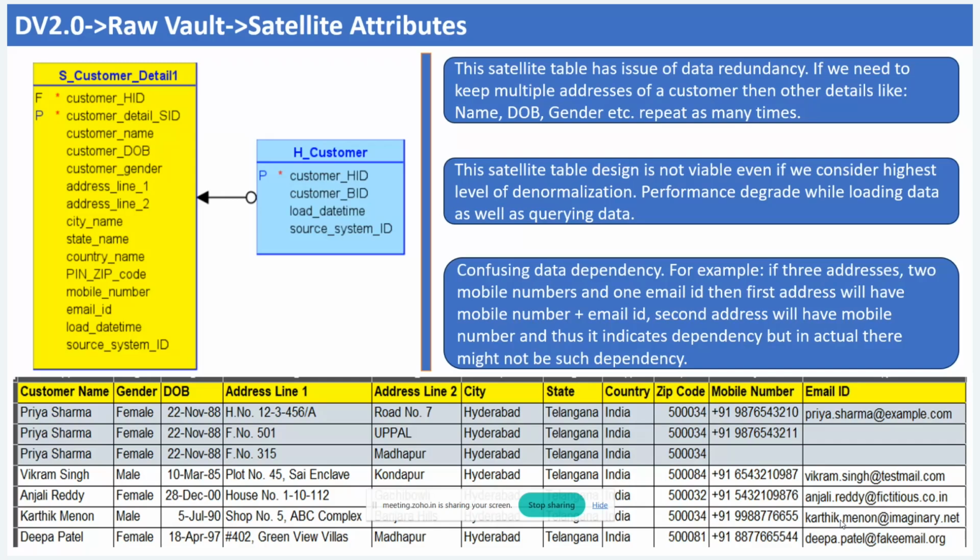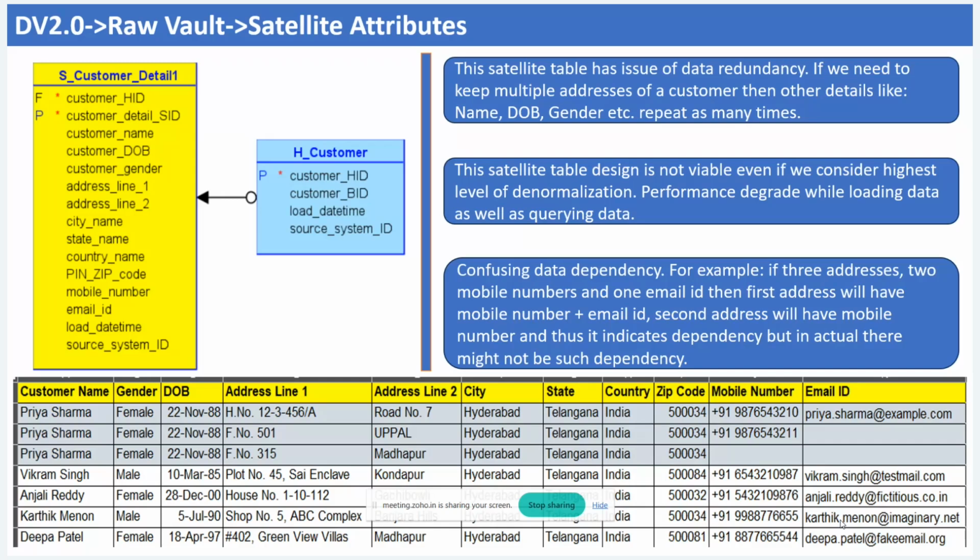As you can see on the screen, I have taken one hub customer table and another is a satellite table. In this, I have taken multiple attributes. Some of the attributes are related to personal detail, you can say customer details. Some of the attributes are related to the customer address. And there are attributes which are related to the customer contacts, like phone number and email ID. As of now, what I've done is I've kept all these attributes in this satellite table,